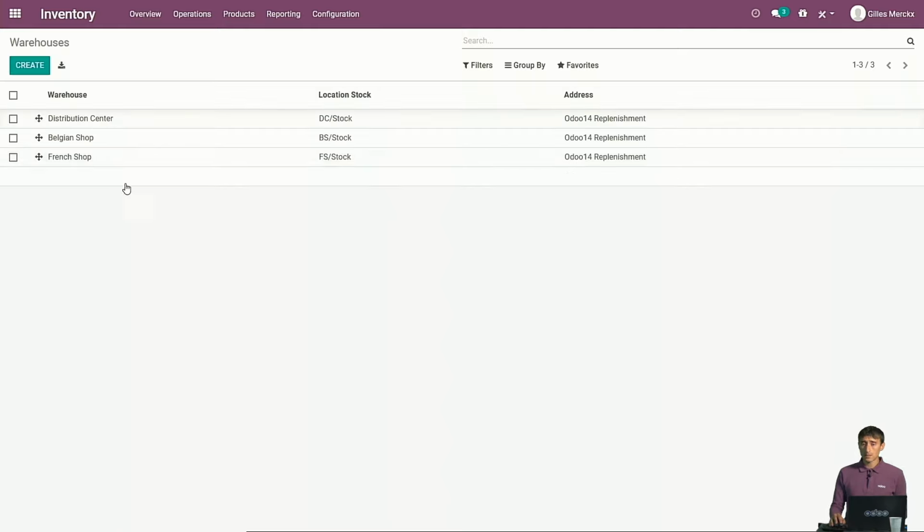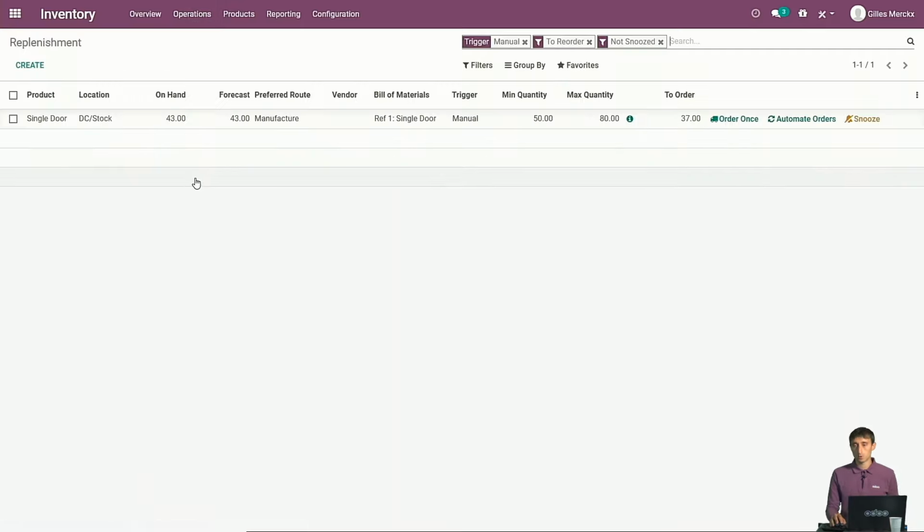So there are actually multiple flows, multiple options, and that's why we cannot always use the same route, the same logic, but we want to take advantage of this replenishment menu, which shows us everything we need to have. So here, this is the new replenishment method from which I want to manage all the replenishment. By default, I have,